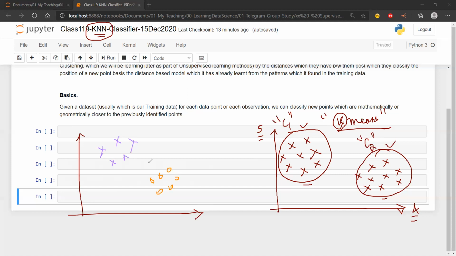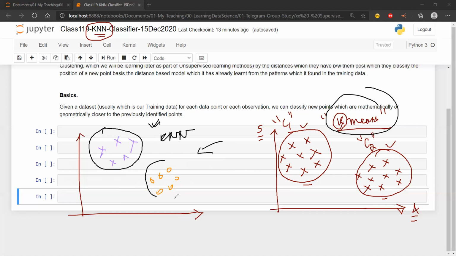If you look at this diagram and this diagram, the one on the left is actually a k nearest neighbor case, and the one on the right is a k-means case. How can I tell? Because in the left hand case, I have two colors. I have already created my points in two colors, which means based on my training data, my historical data, I already know which point belongs to which group. I know these square points, these x points, belong to, let's say, some class y equal to 1, and these round ones belong to class y equal to 2, which I know already.